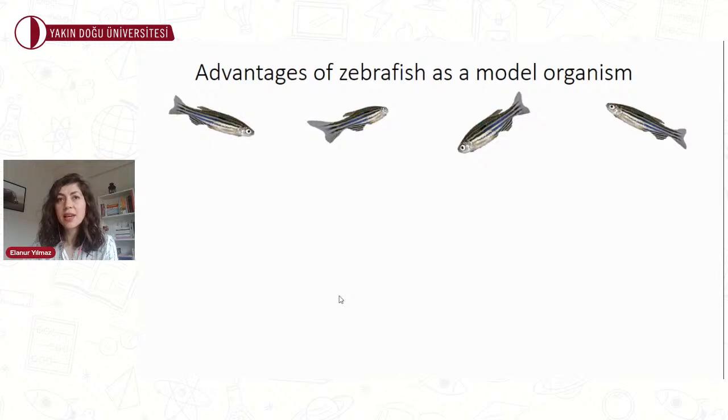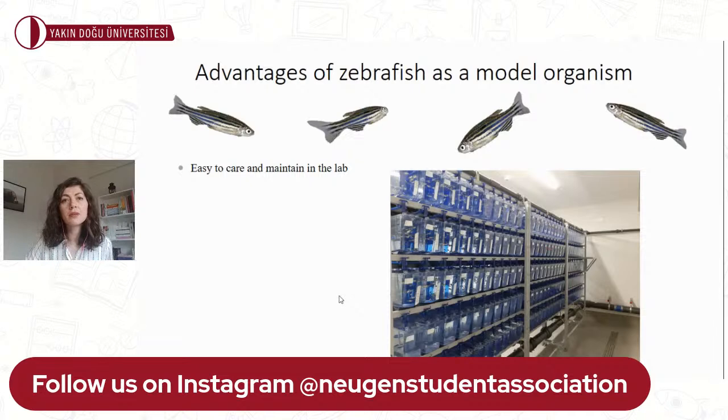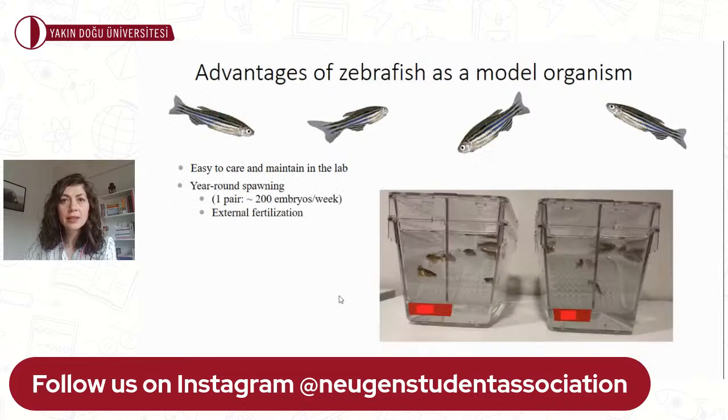Well, what are the advantages of zebrafish that make them move from nature to the laboratory as a very valuable system for biomedical research? First of all, the zebrafish are a small and robust organism, which makes them easy to care for and maintain in laboratory conditions. Secondly, in contrast to many other fish, zebrafish are not seasonal breeders. Thus, embryos can be obtained for study throughout the year.